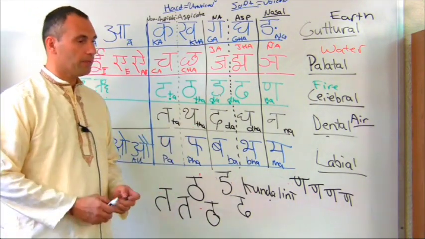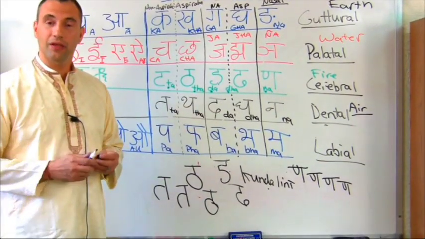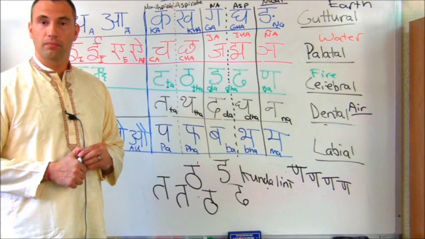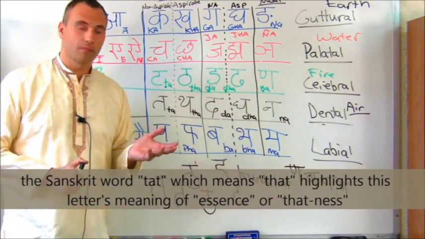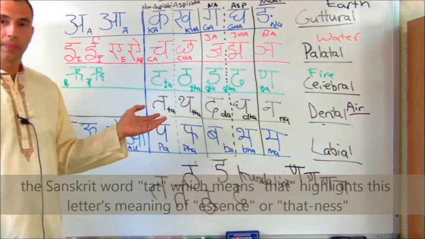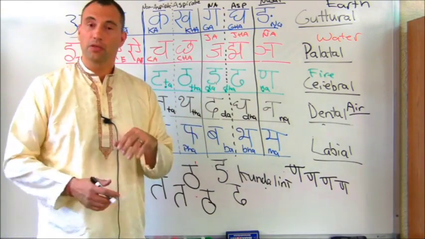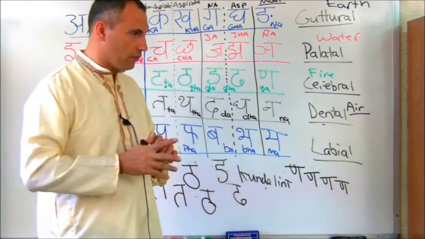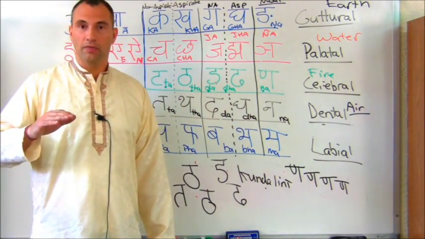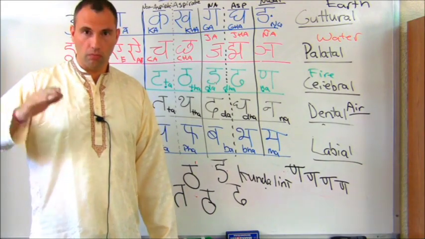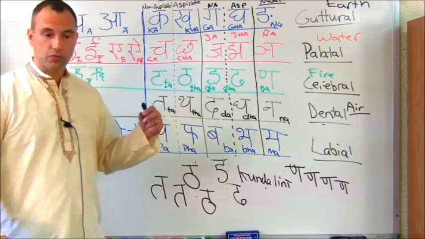The letter T, so the first letter T is associated with tattva, the essence of anything. Tam, tam, tam, the essence of anything. The letter T relates to tum, tum, tum, tum. This is what a drum beat sounds like. If you hit on a bass drum, it doesn't go ding, dung, not even thumb, it goes tum, tum, tum, tum. So this letter T is related to